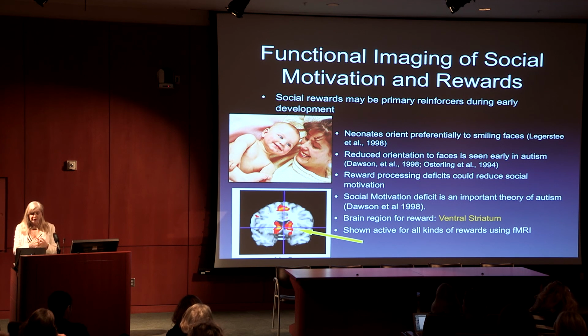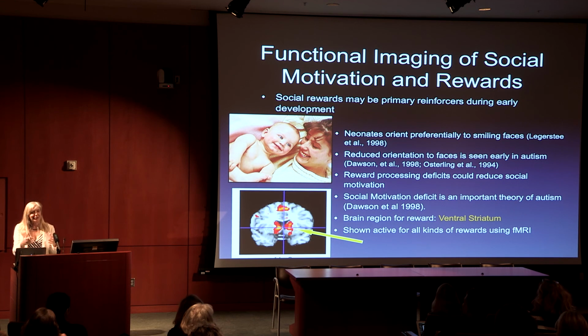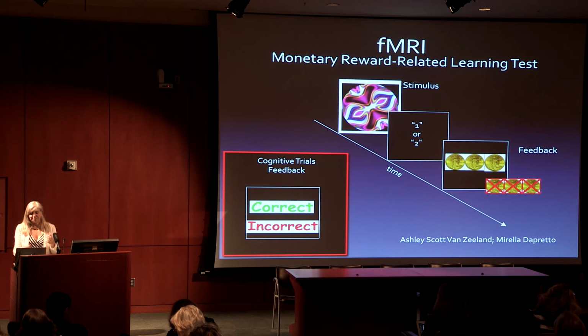There's a brain region called the ventral striatum that's very important in rewards, and this region turns out to be important for every kind of reward you can imagine. So it's important for social rewards, it reacts for monetary rewards. It is active in drug addicts who see drug cues. It's active in gamblers who are given a high stakes gambling choice. And it turns out it's also active if you successfully exact revenge on somebody who's hurt you. So anything that could be conceived of as rewarding, this area is involved as a general reward system.